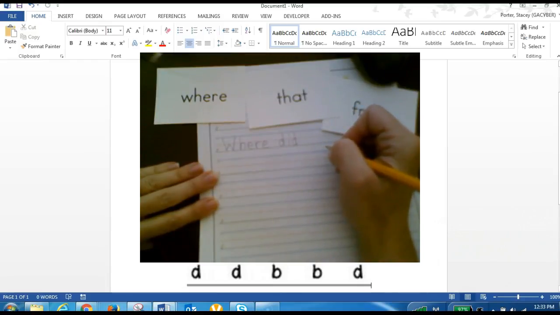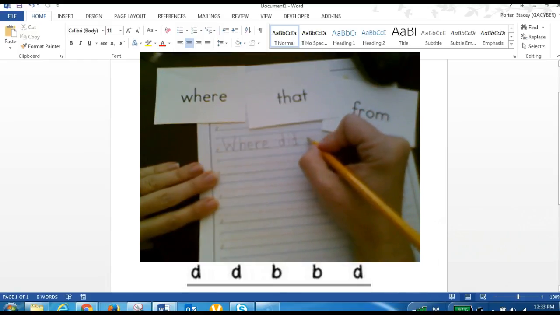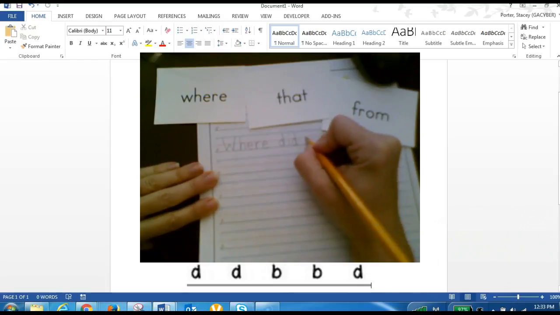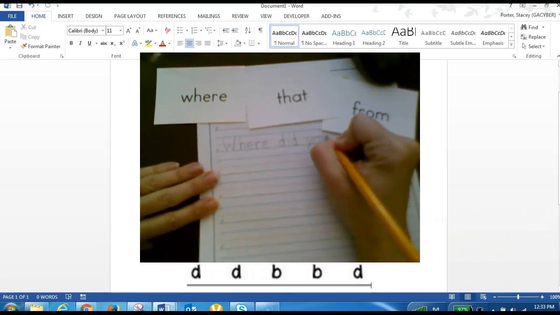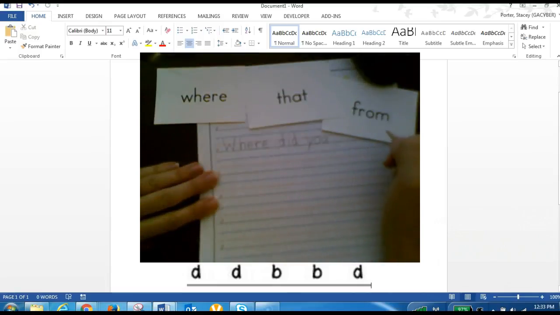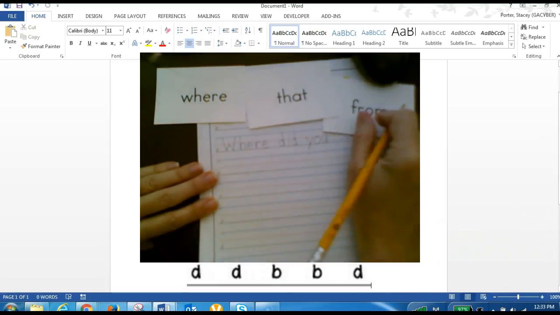What does that y sound? That one's tricky, it always tricks students. Y. The word you is spelled Y-O-U. That's a different sight word you should know by now. Where did you get